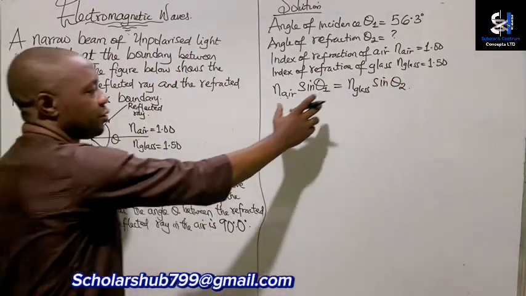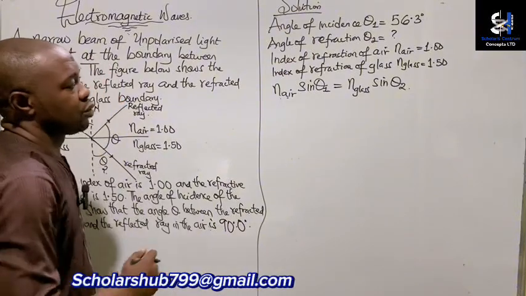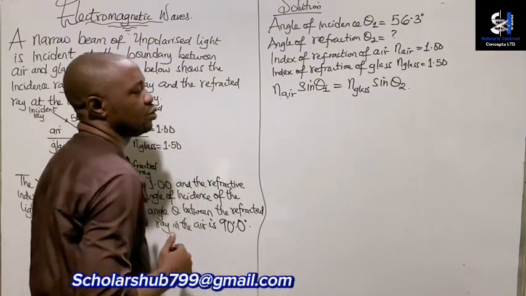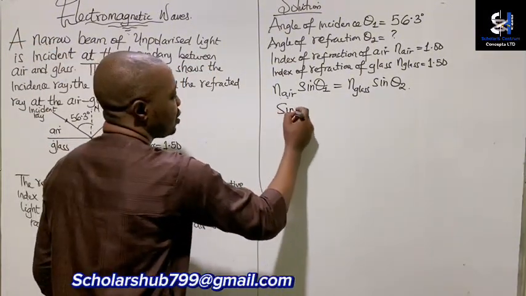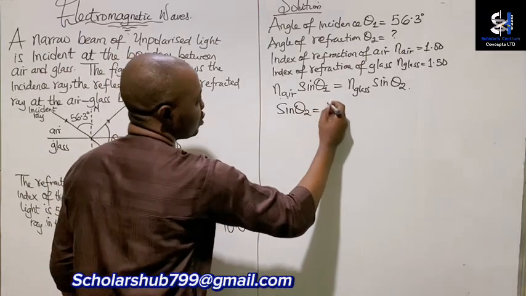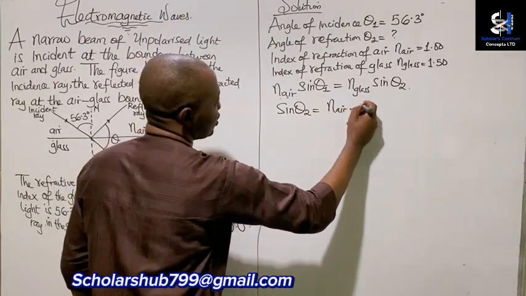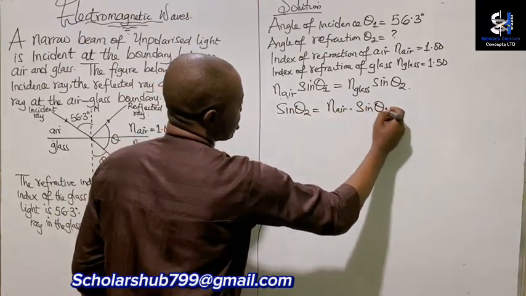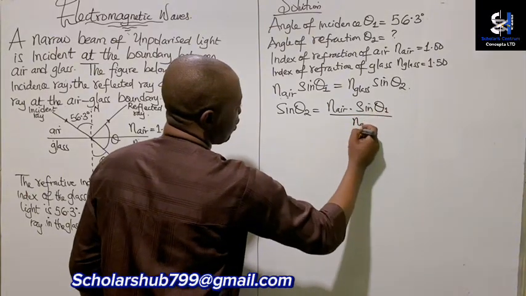Now let's rearrange this equation so that we can calculate theta 2. The sine of the angle of refraction will be equal to the index of refraction of air multiplied by the sine of the angle of incidence, over